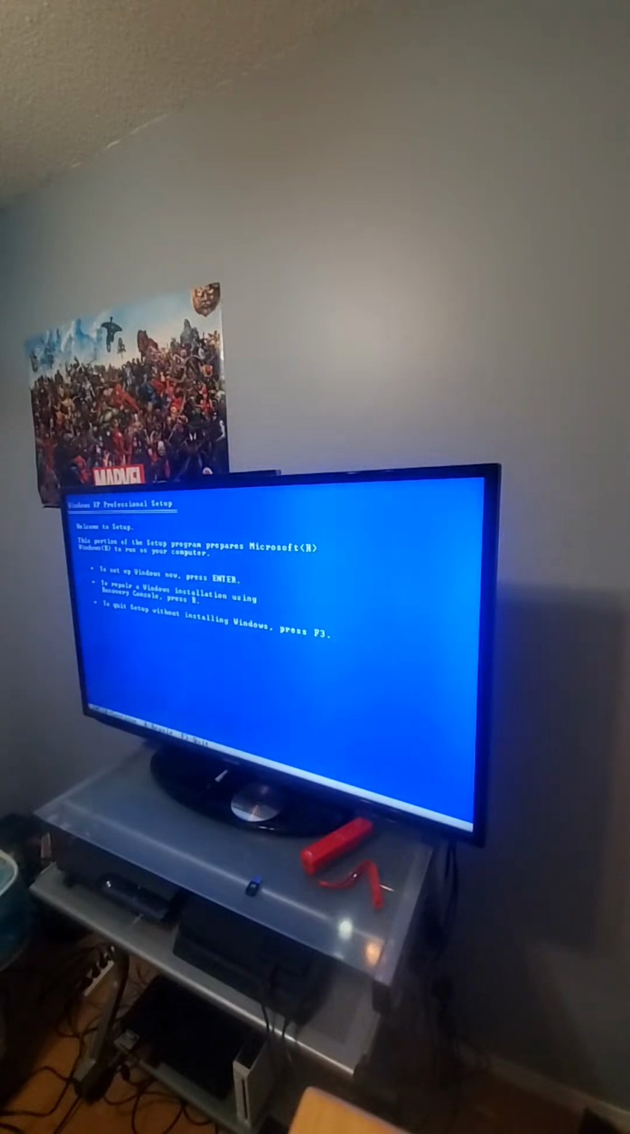Okay, here we are again. And we have some options. It says welcome to setup. To set up Windows XP now, press enter. To repair Windows XP installation using recovery console,